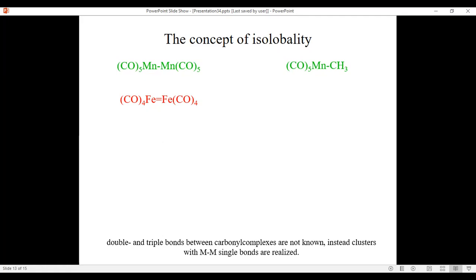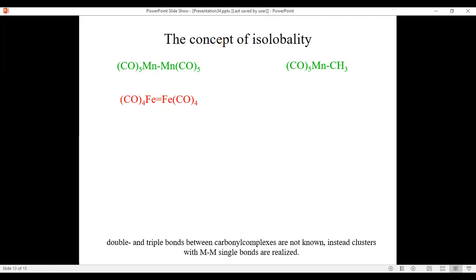For that reason, it should be possible, at least according to the concept of isolobality, to combine two Fe(CO)4 units, which are each 16 valence electron fragments isolobal to each other, to make a dimeric molecule with an iron-iron double bond. However, this is not realized by nature,